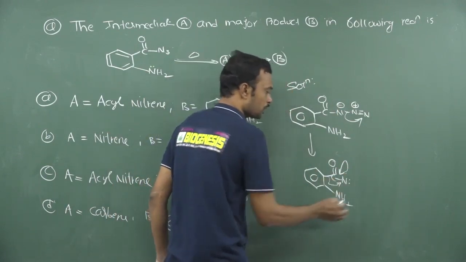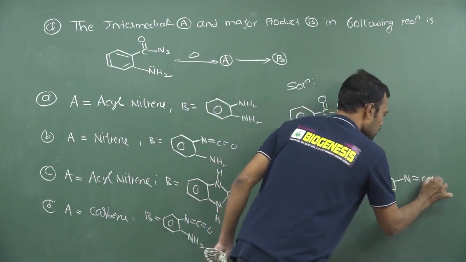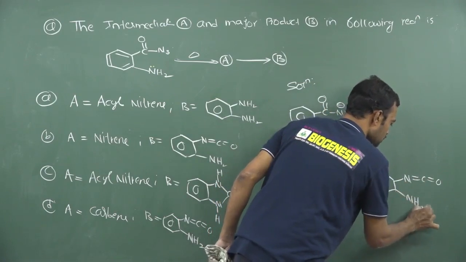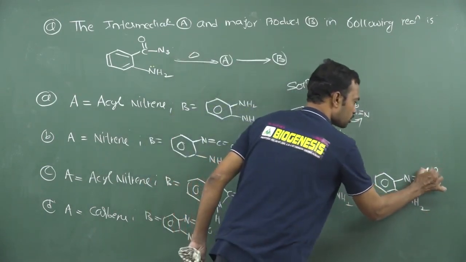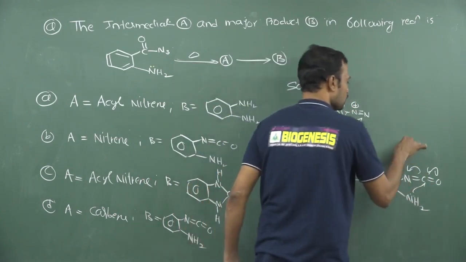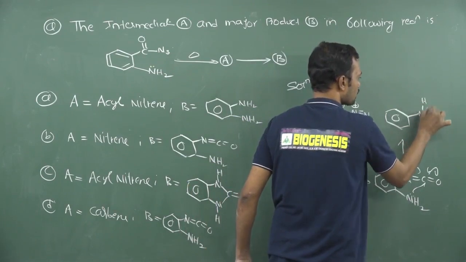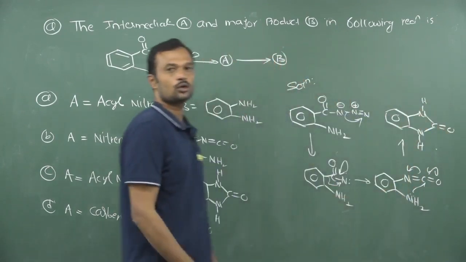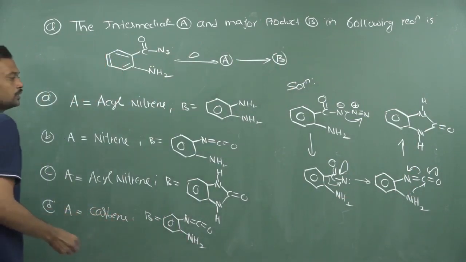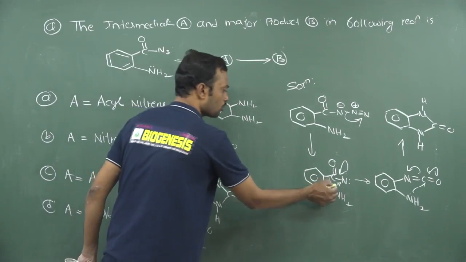It is not trapped, but it is one of the intermediates. Now this negative charge migrates onto this nitrogen. Finally C is connected to nitrogen, C=O. Finally you may expect NH2, isocyanate. So if this further interacts with this back to back resonance, it is transferred to nitrogen. So I am writing the direct point here. This is benzene, nitrogen carrying hydrogen, C=O, nitrogen, like this. So that is your final product. So we can say that there is a presence of acyl nitrene. It is not an isolated intermediate, but it is an intermediate involved in this reaction.